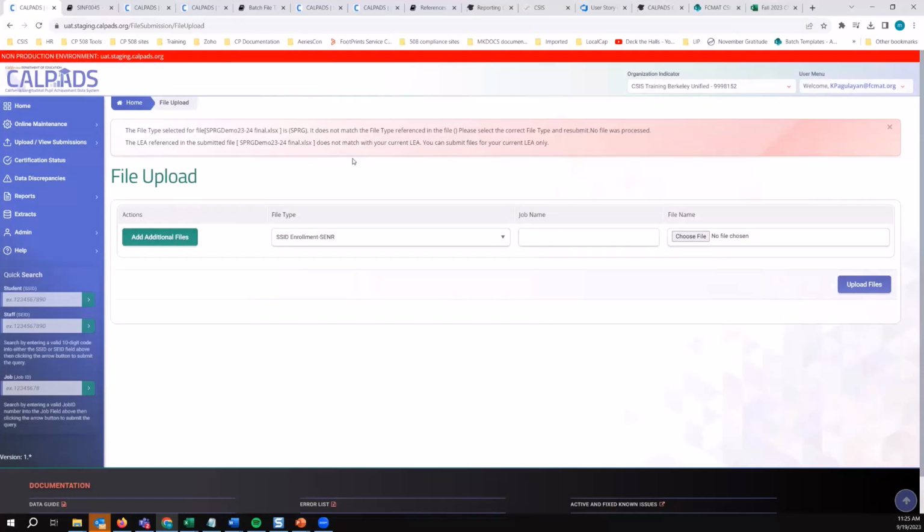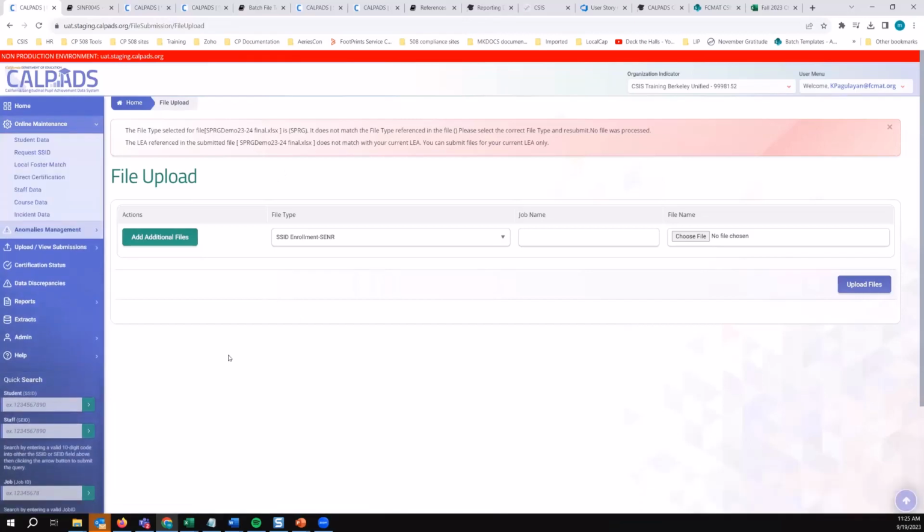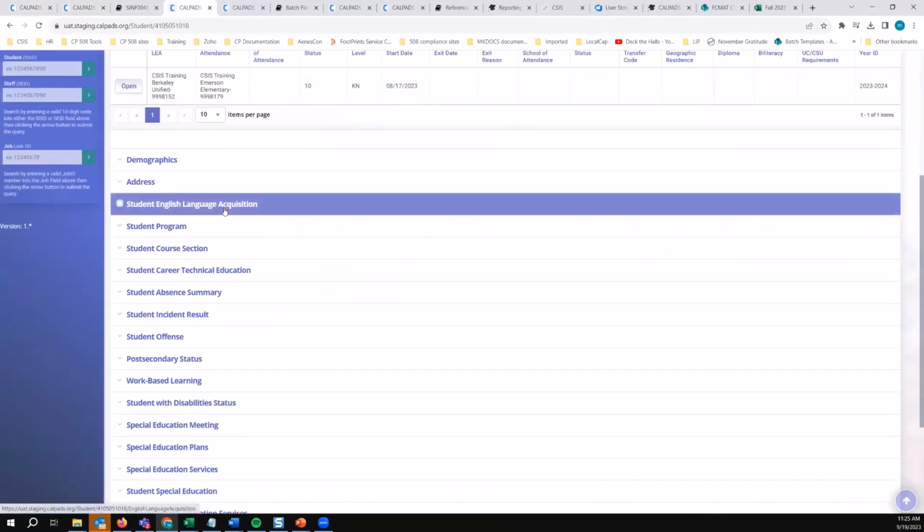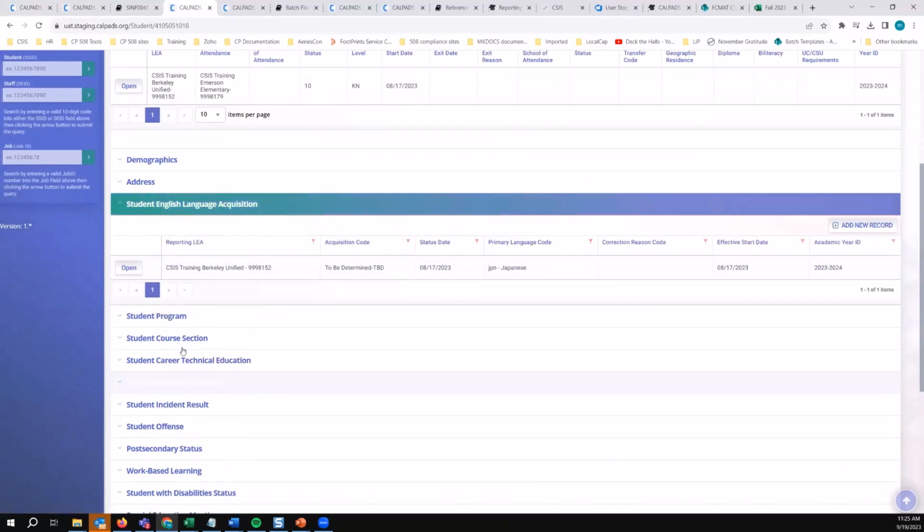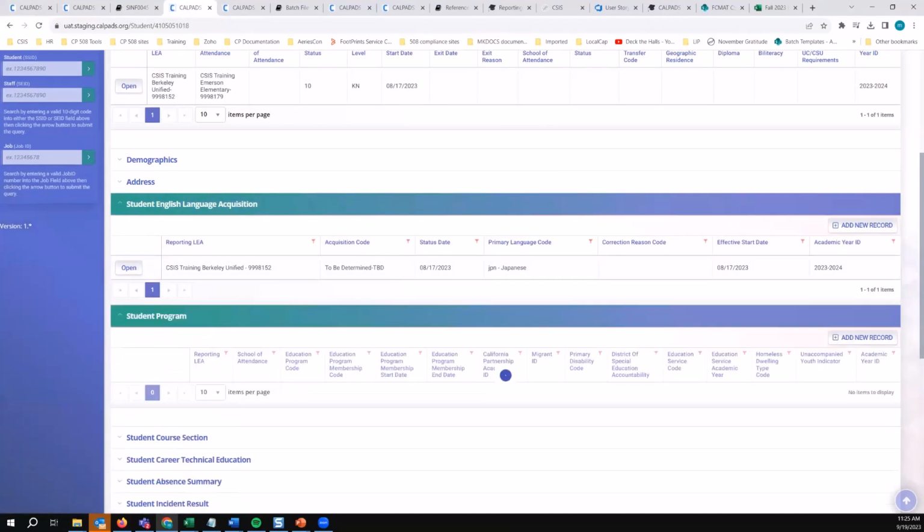Okay. So again, since we only have two students, we're trying to add the records in. We have Banff and Haleakala. I guess you get a two for one today. You both have batch upload and online maintenance for these two students. So again, let's just do it in online maintenance. So we have here the student is SELA, and then we upload the student program based on the record we have. So I add here